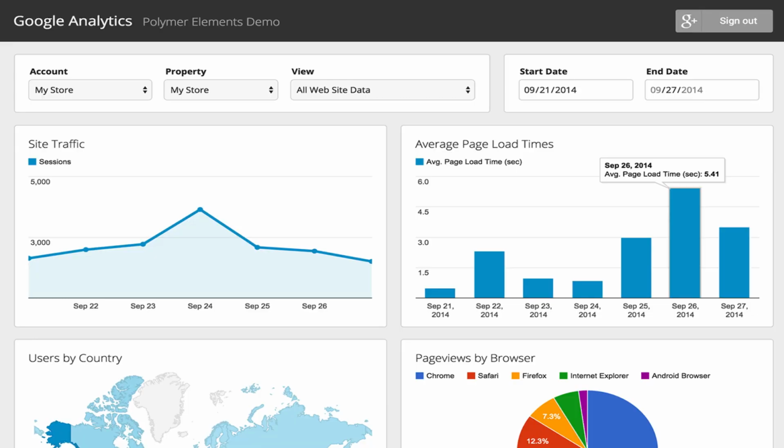Tool number 2 is Google Analytics. Of what good is your website if you can't analyze and constantly check where the traffic of your website is coming from? Google Analytics is a free web analytics service that tracks and reports your website traffic, demographics, which includes